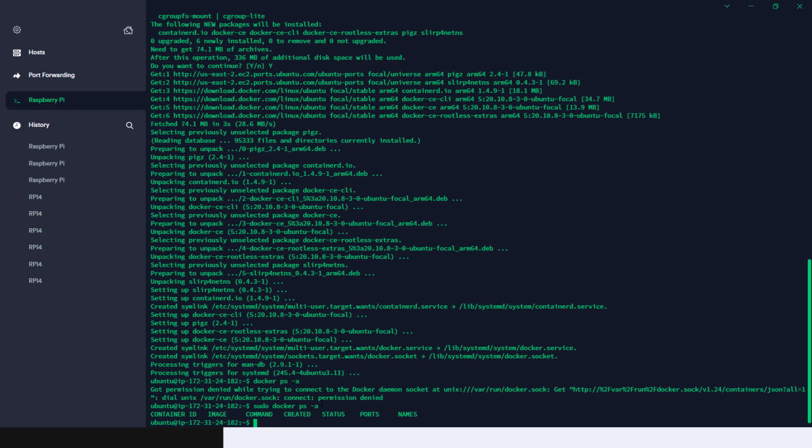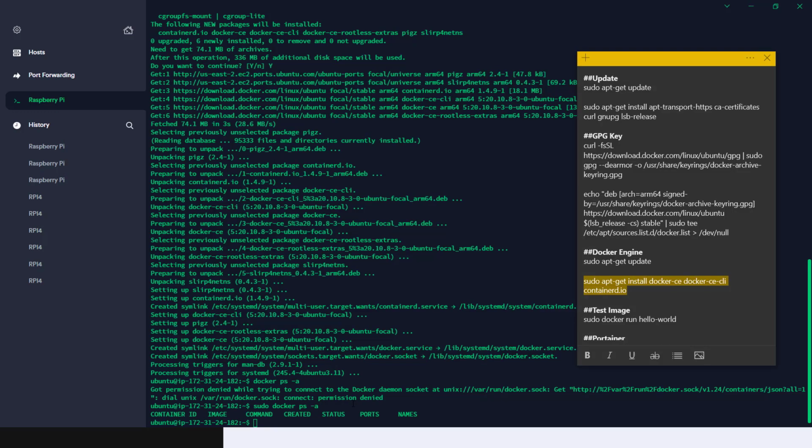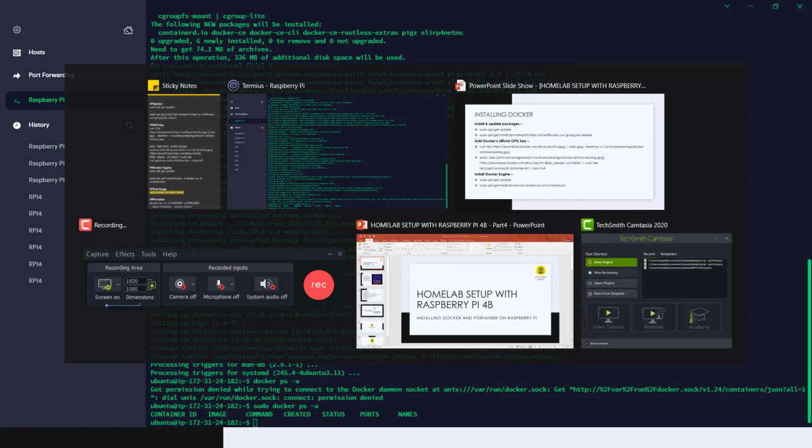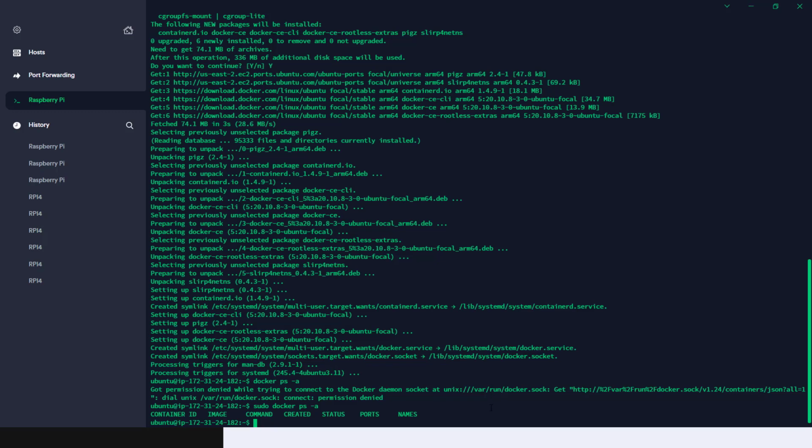So you can see this Docker command is now working. We will just deploy a simple test image provided by Docker itself so that we will come to know whether our Docker is able to host a container or not.